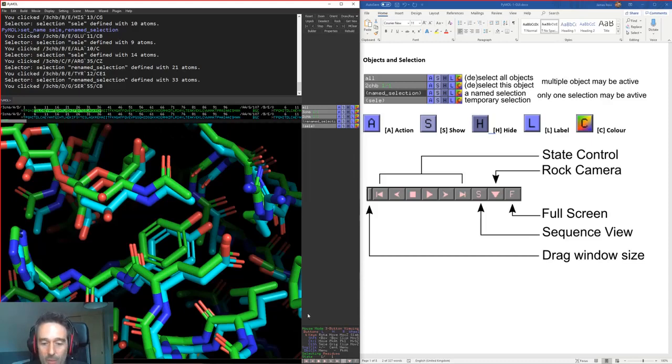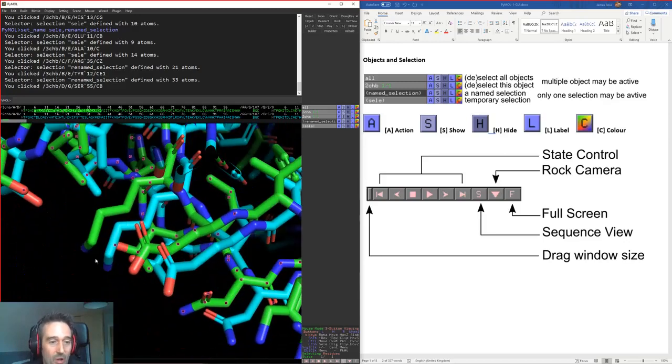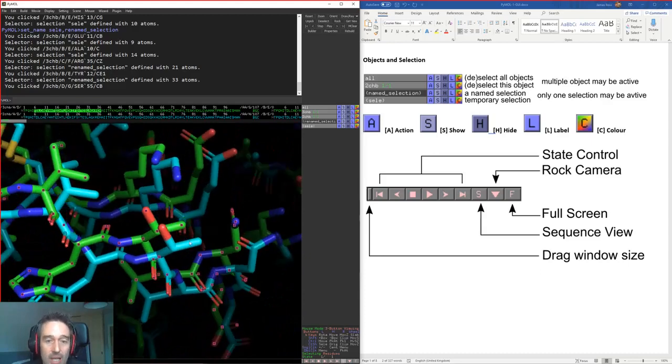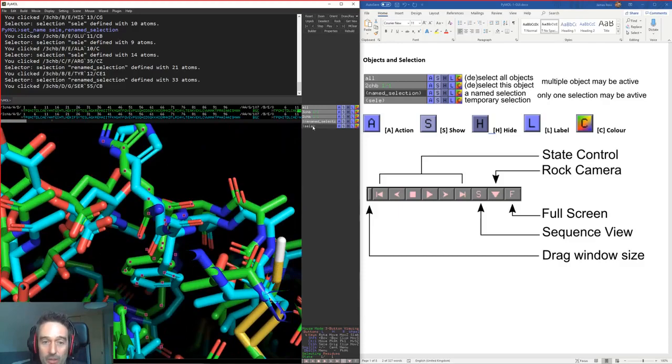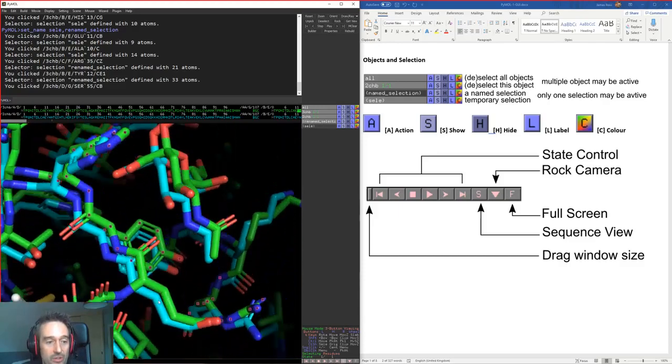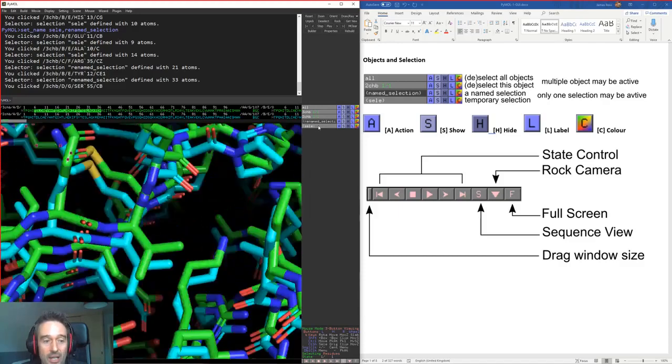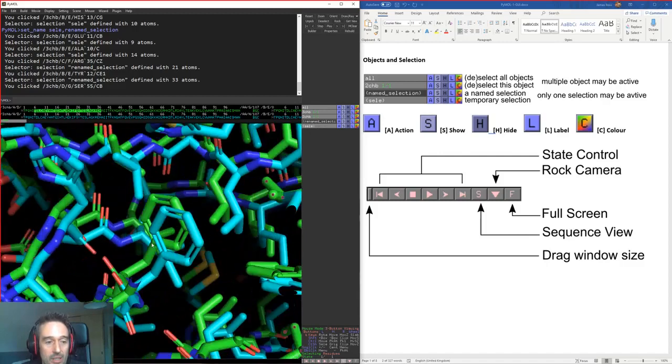So, for example, I'm on residues here, so I can select those residues, and I can middle click on that selection. You can also, I haven't pointed this out, middle click on the objects and the selections on the right here. So, for example, if I middle click on the named selection, I orient on my named selection here, and if I middle click,